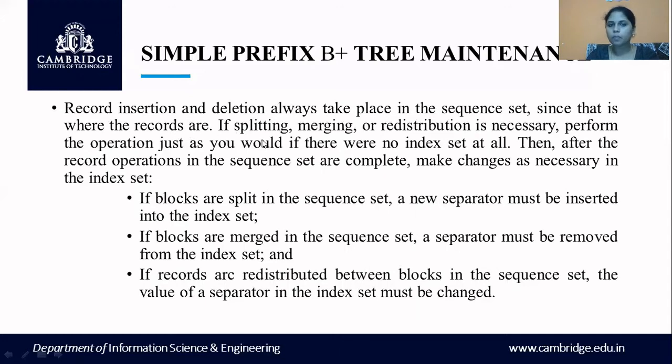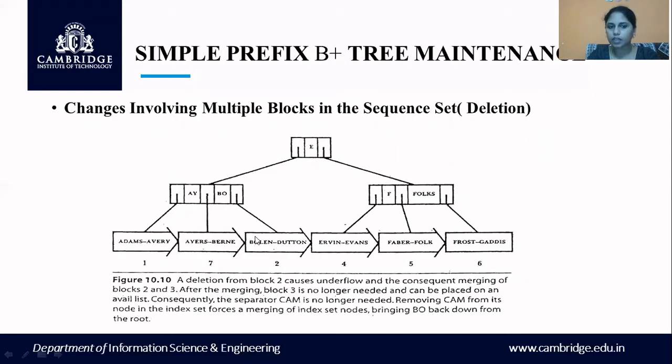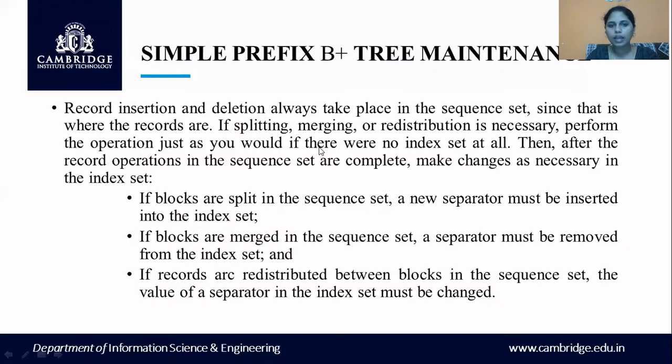If splitting, merging, or redistribution is necessary, perform the operation first in the sequence set. It can be addition, deletion, merging, or splitting. You're going to perform the operation first in the sequence set, then the changes are propagated to the index set.